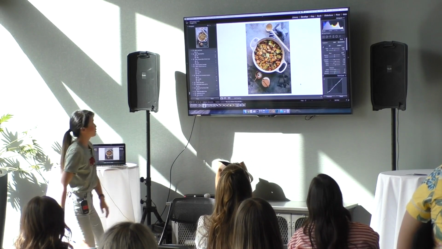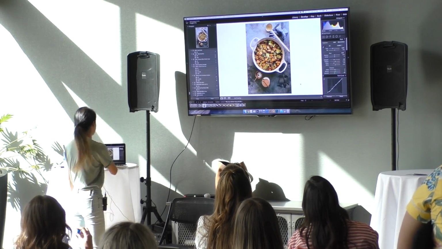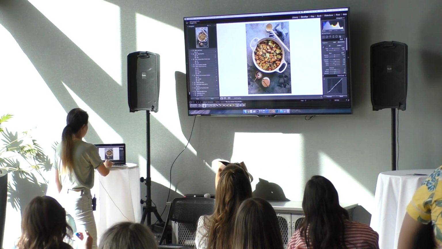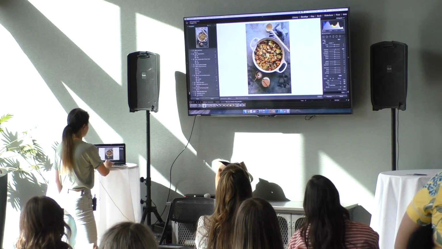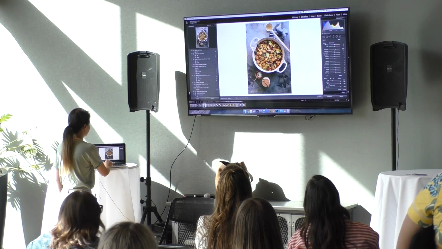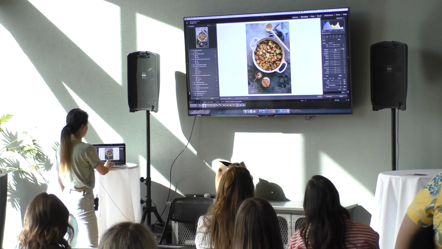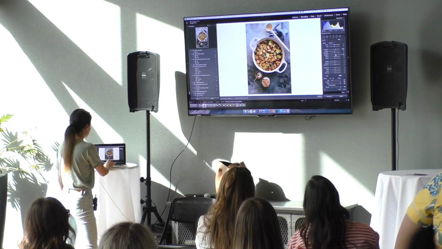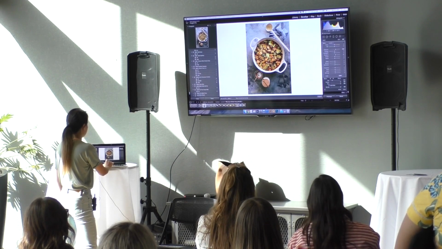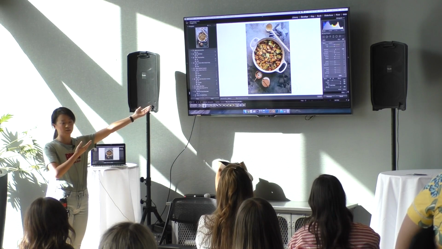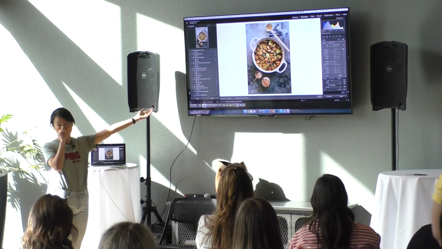So say here, I still feel like I want to brighten maybe this part. I click on this brush, and if you double click effect, it resets everything. You can just tweak randomly, maybe add exposure and lift the shadows, and then you paint it here, and here, and then, oh good, it's so good.